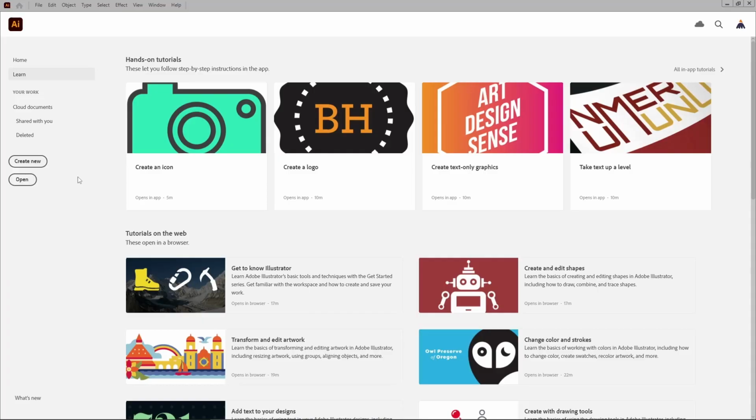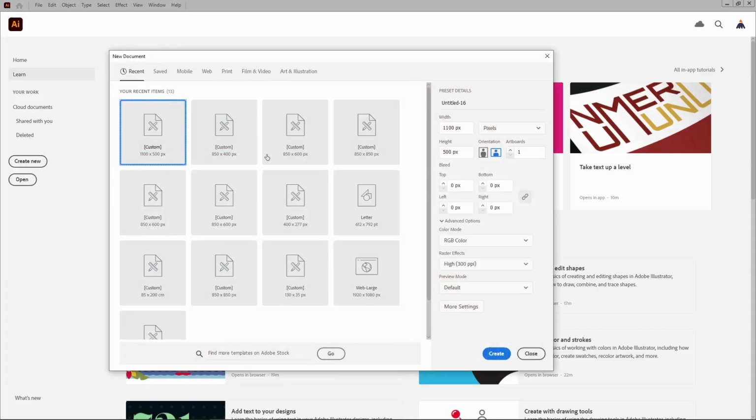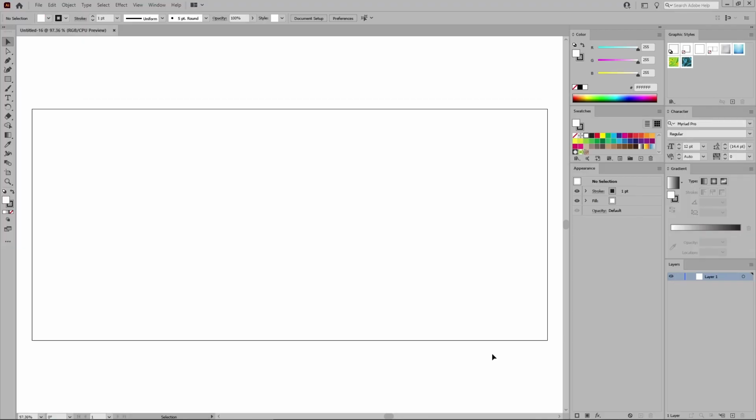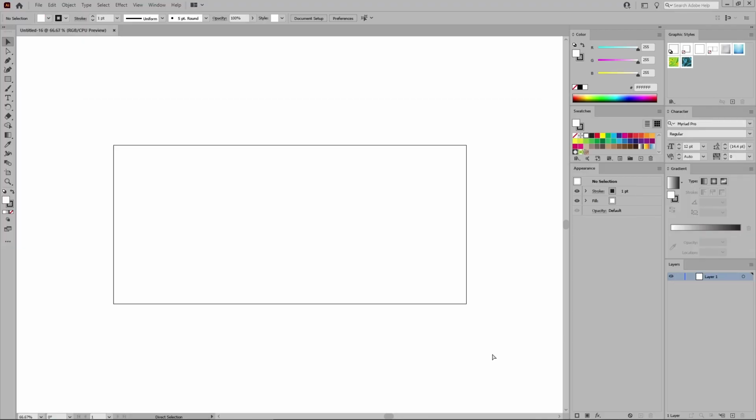Moving to the second metal effect, let's create a new document. Increase the width to 1100 and the height to 500. Keep the color mode set to RGB and the resolution to 300 pixels per inch, and then create this new document. Again, press Ctrl and minus to zoom out a bit, keep the same panels opened, and start again with the rectangle tool to create the background for your second metal effect.